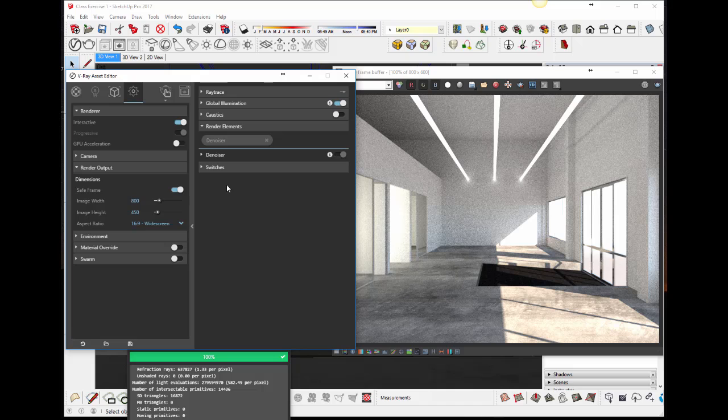This is a really cool render element, which means when you render and you get that hazy look to your image, this particular element denoises your image. And I'm going to show you how that works shortly. So you select denoiser,